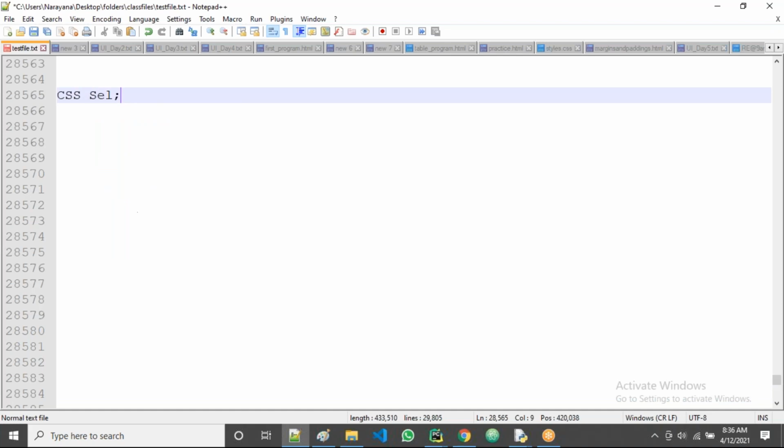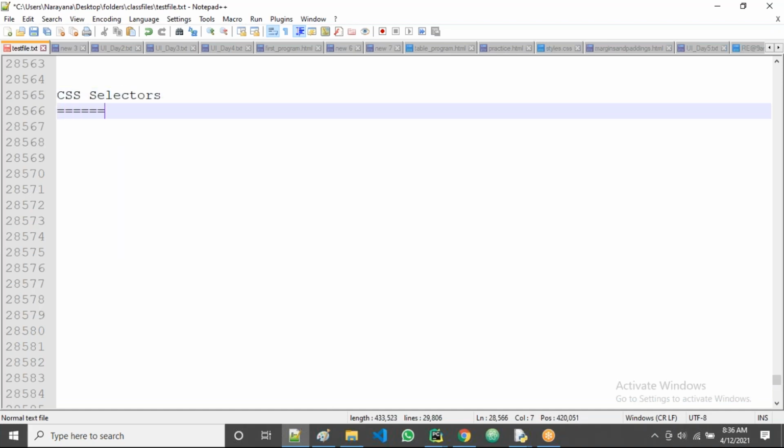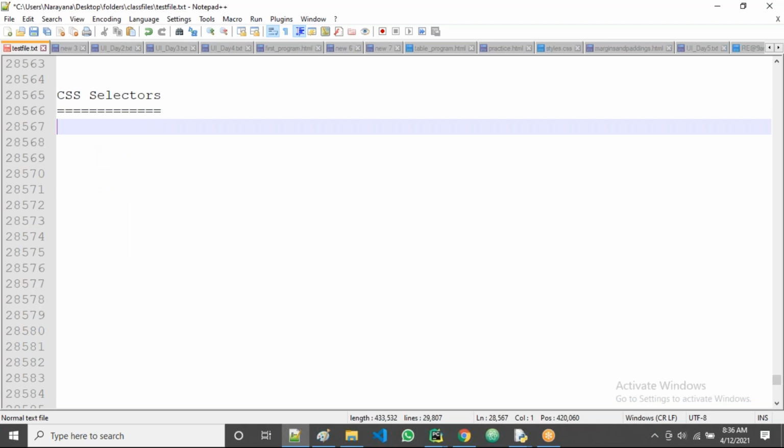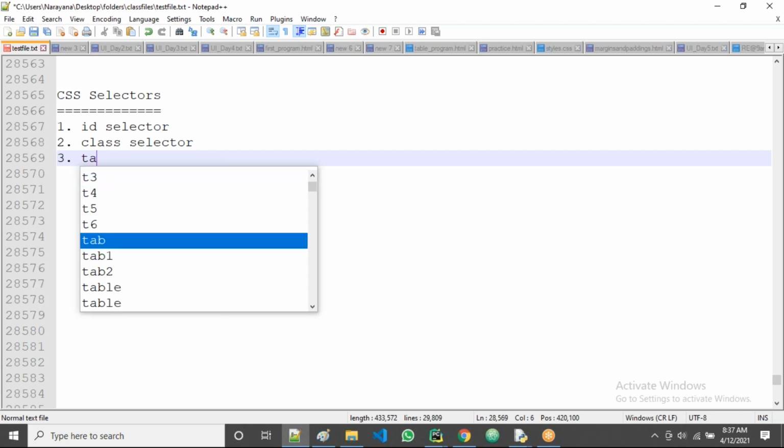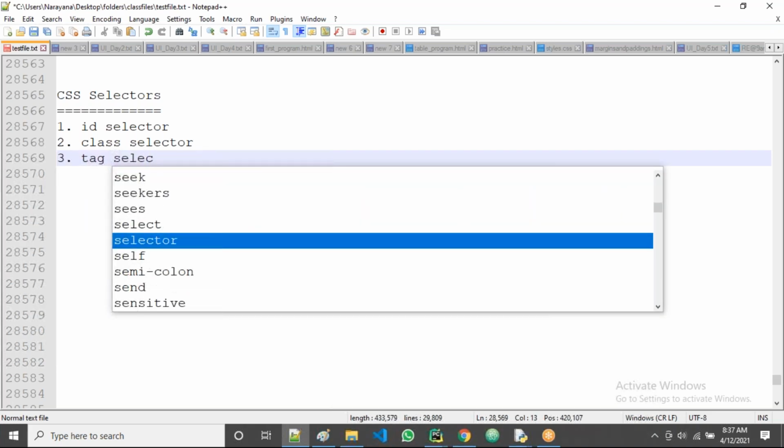All of you observe CSS, right? Yes, selectors. Actually there are different selectors, guys. Out of all, the base things are three. One is the ID selector, the second one is the class selector, and the third one is the tag selector or element selector, guys.